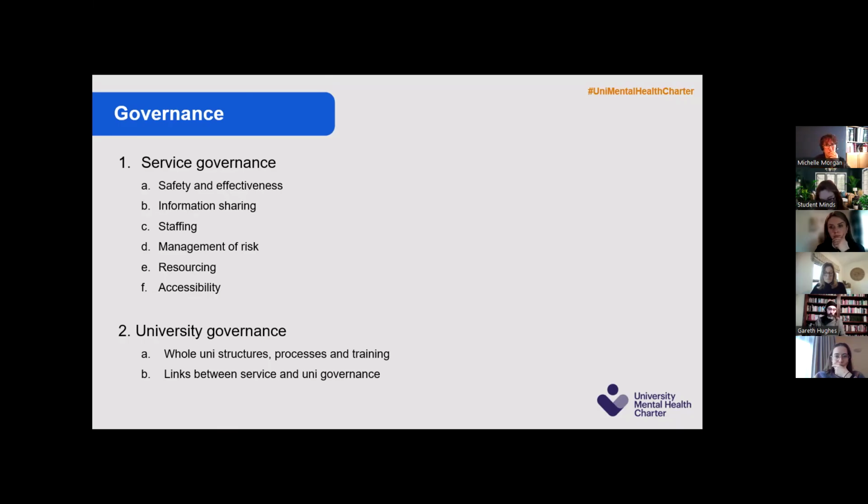And I think some of this is about what we're doing on the program, as I said, and some of it's going to be about the messages that we're trying to carry out. And then, as I said, the resources that we're putting into the Library of Learning. I think there are two elements to this, really. One is about universities understanding the kind of risk that comes from not thinking about the safety and effectiveness of your services. So if you're not properly evaluating and engaging with that, it can create risk in itself, because the interventions that you're providing might actually do harm. So there's a real gap in understanding around all of that.